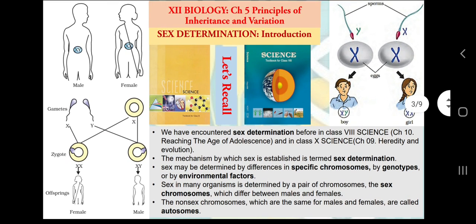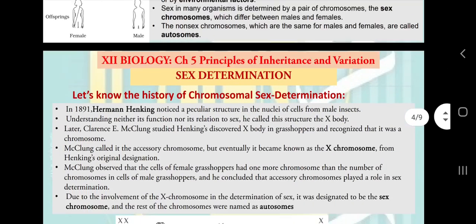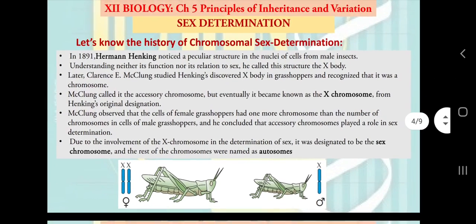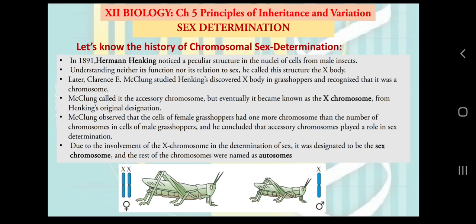So when we discuss chromosomal sex determination, there are several mechanisms. Let us first understand the first mechanism, which is mentioned in our NCERT biology book. But before that we need some historical aspect, and that was very interesting because the discovery of the X chromosome happened because of the discovery of that mechanism, and that mechanism is called XX-XO type of sex determination. We are going to study it in the next slide.